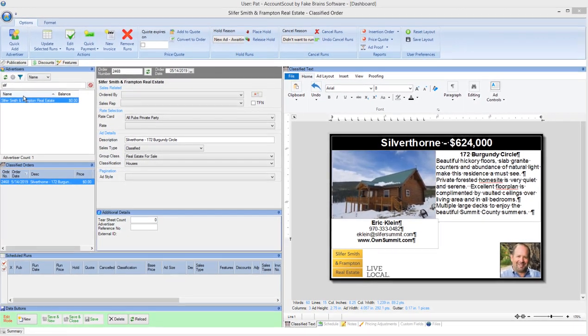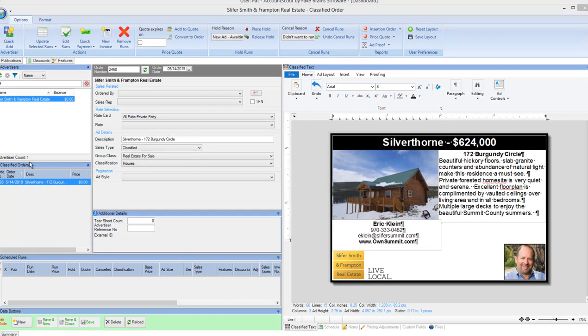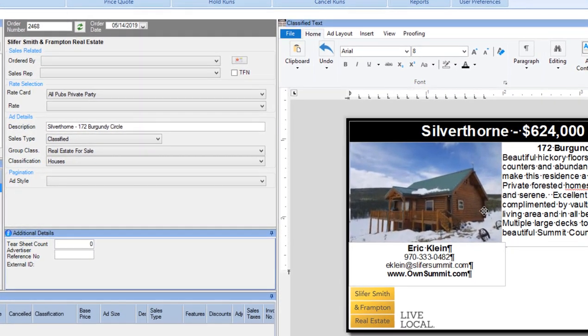In this video, we are going to show how to copy an ad and reuse it for a new ad. In this case, we have an ad similar to the one that we made in the prior video for the real estate house for sale. What we're going to do then is go ahead and load that. So I've loaded up this order and I'm going to simply copy it. So I'm going to say copy ad,